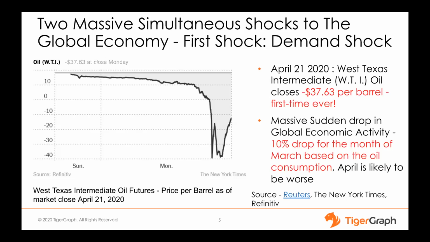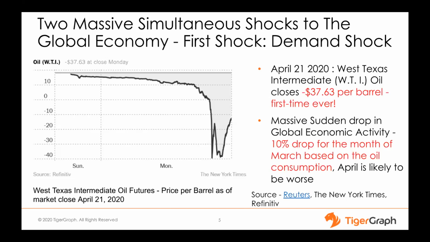This is related to oil futures. So the price per barrel, and you are seeing this chart correctly, the price per barrel last Monday closed at negative 37.63. Now, part of it has to do with the fact that the West Texas oil, when it's taken out of the ground, is stored, and because we are running over with excess oil, all of that oil that's coming out of the ground,